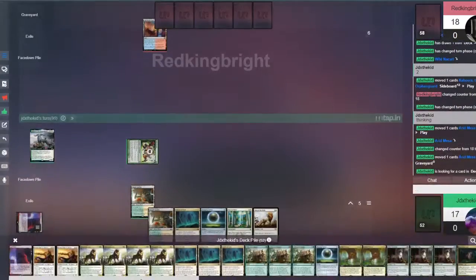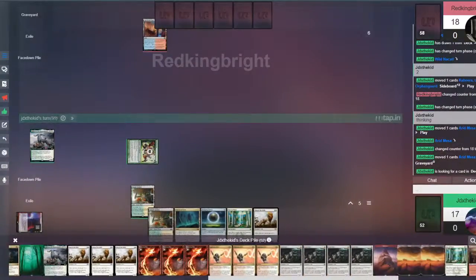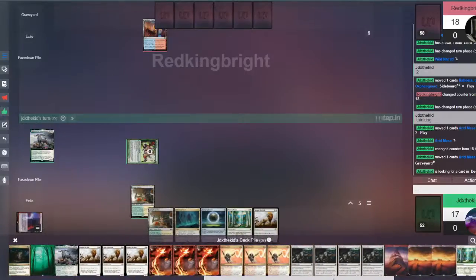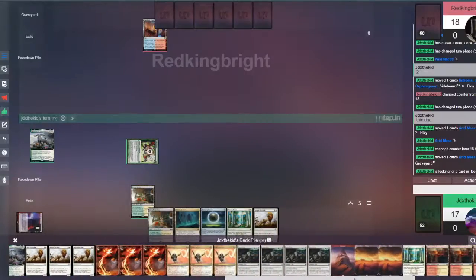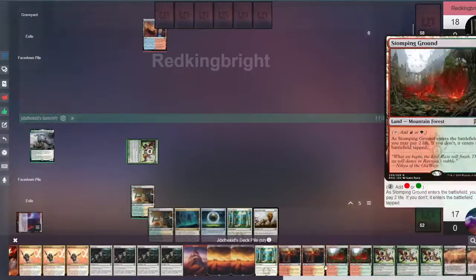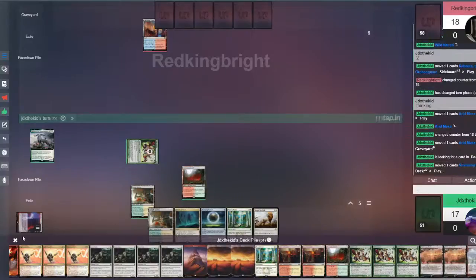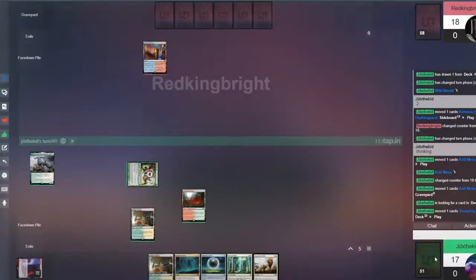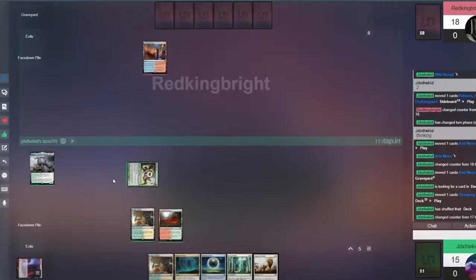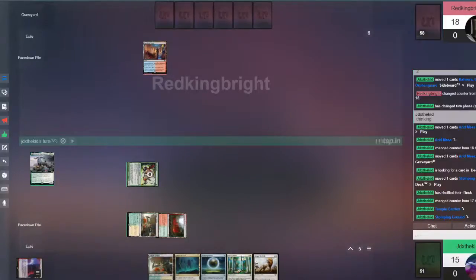So we'll find a mountain shock land here. We could also just find a basic mountain as well. I think we find a basic mountain. We don't care about taking life though, like I said before, actually. What color do we need the most? Red and green here. Yeah. We'll shuffle up after that. We'll shock this in. And then we'll play